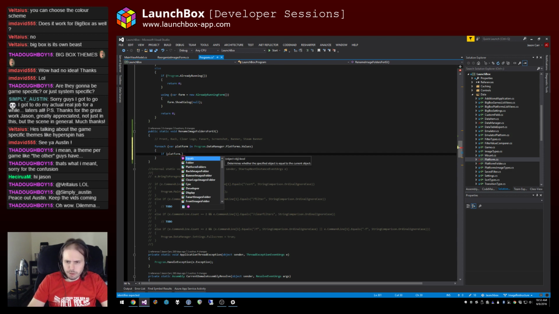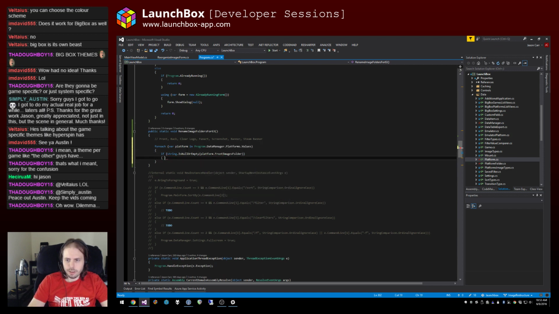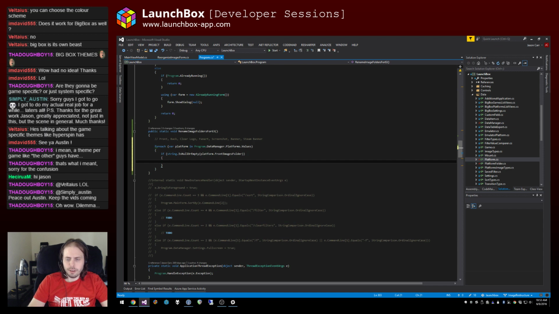If platform dot, and we have all those properties, front images folder, string dot is null or empty, platform dot front images folder, then platform dot front images folder is the default,